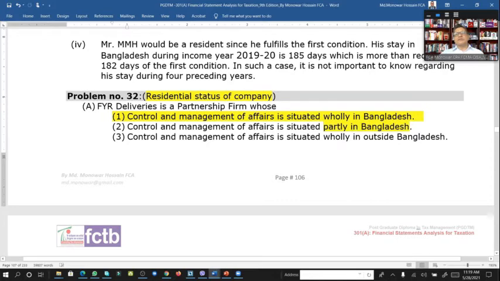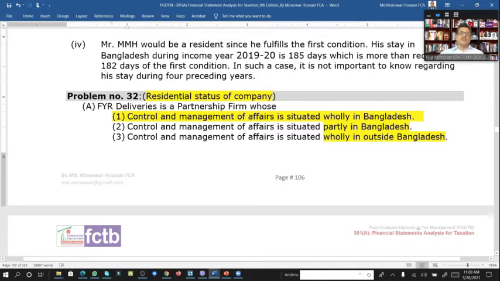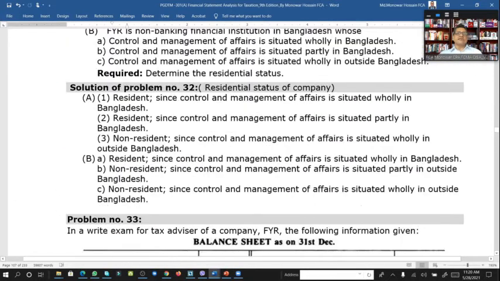Control and management of affairs wholly outside Bangladesh. That is, no control in Bangladesh. So what would be the status of that company? Is it a resident company or a non-resident company? So the answer would be that